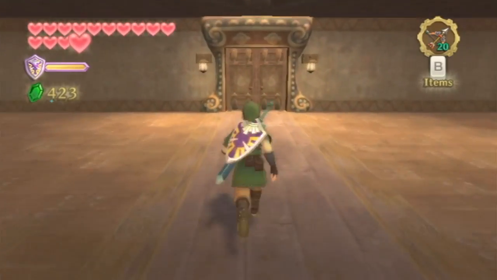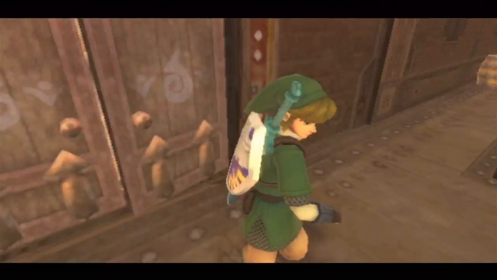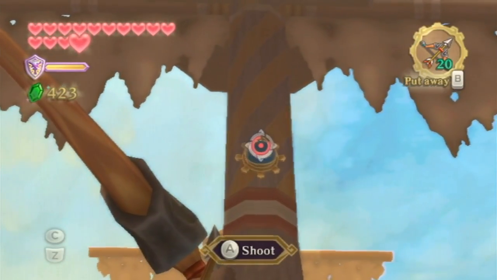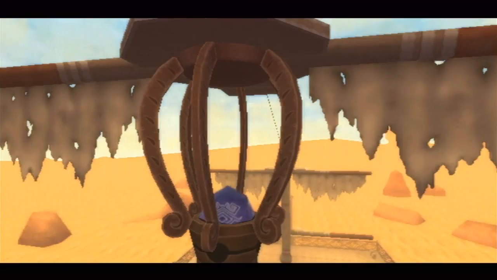Alright, now that we're done with that nonsense, let's get back to the deck and really get things started. Now that we have a bow and arrow, more things have opened up. For example, this has opened up. And oh boy, I feel like using a bow and arrow in a game with motion controls is going to be so...